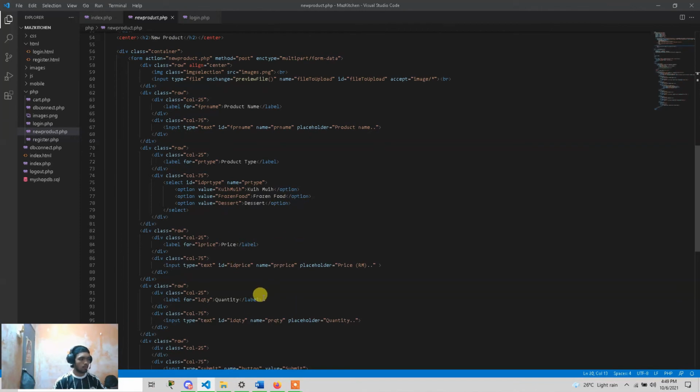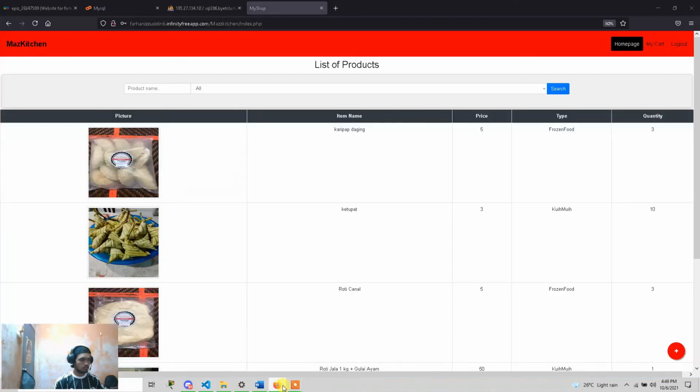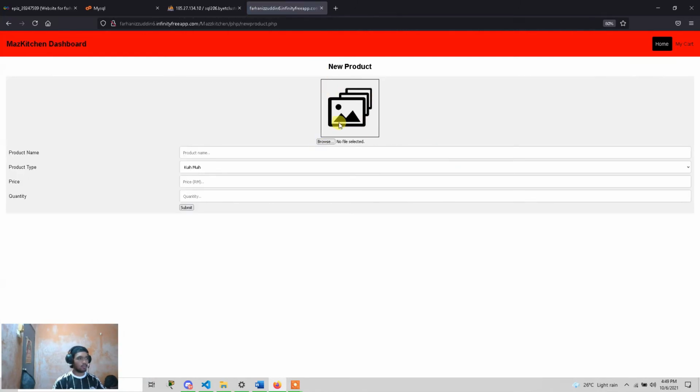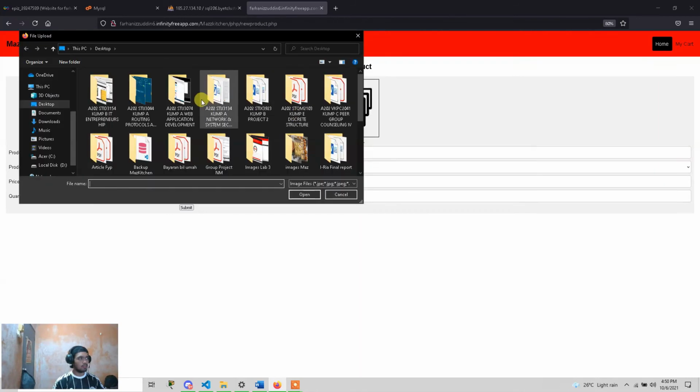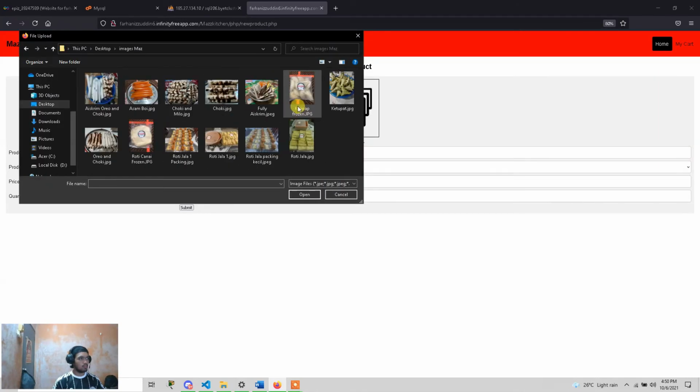I will explain in the browser. Before adding the product, press the button for the new product. I will show the procedure for how to add. Press the post folder, and I will try to add ice cream, Chucky and Milo.